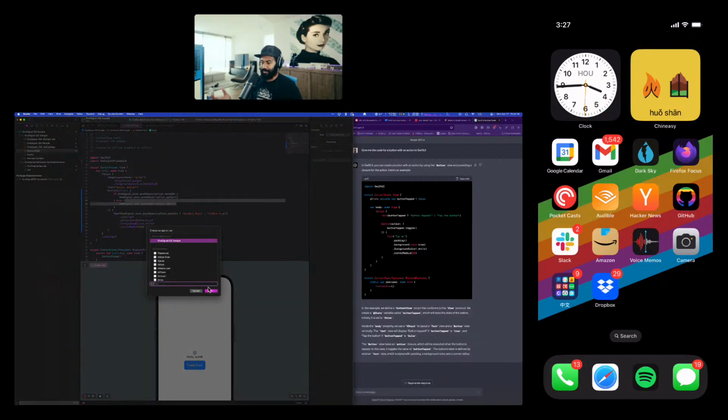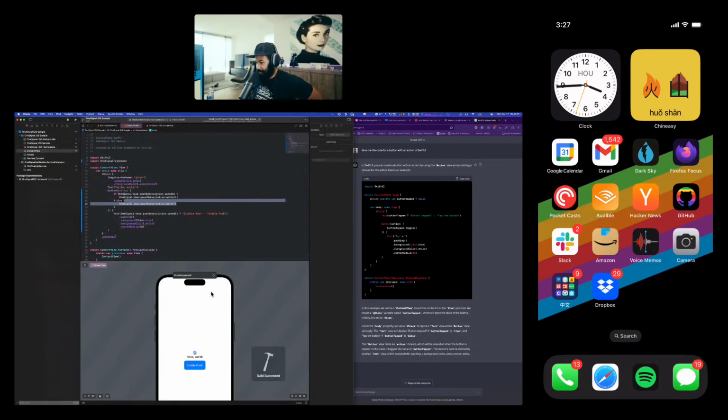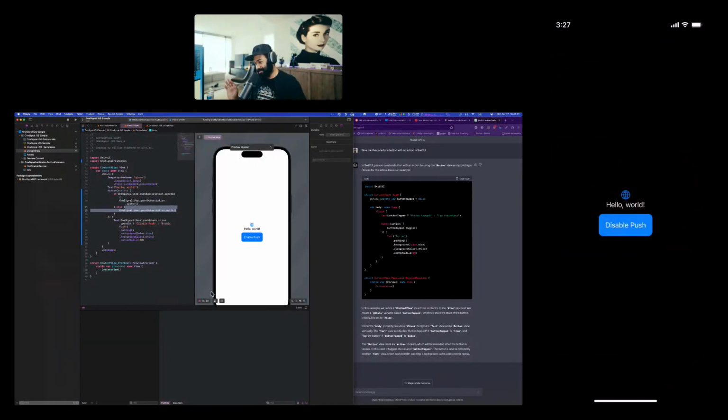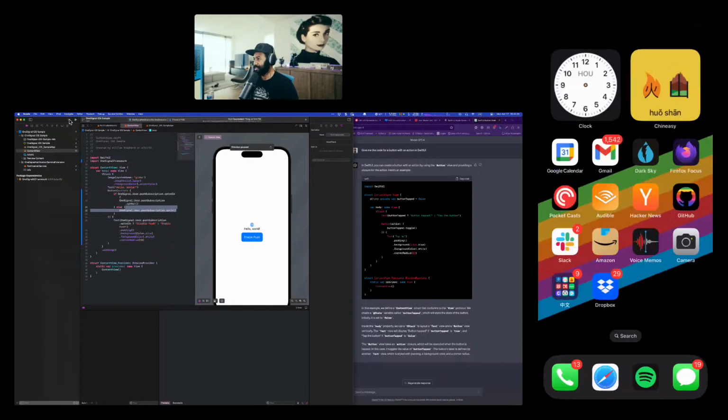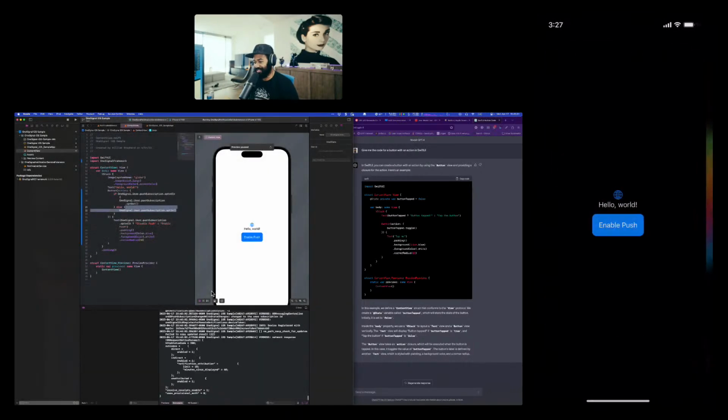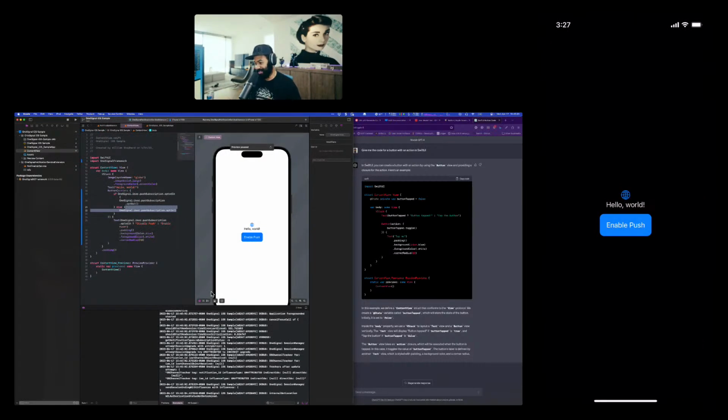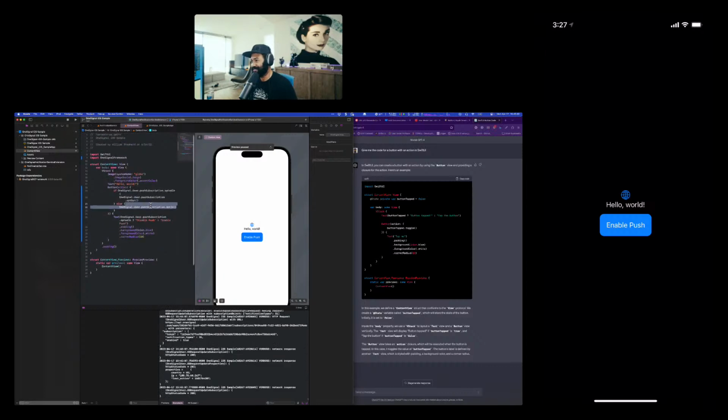So let's run it. Okay, all right, see, it says disable push, so it's right. Because it's enabled at the moment, it should say disable. So let's see what happens if I disable push. It doesn't update the UI. Oh my gosh. Okay, that's fine. I'm gonna stop it just to make sure that actually did happen. Okay, no, it worked. So it's on me to update the UI, whatever. But for now, this is fine.